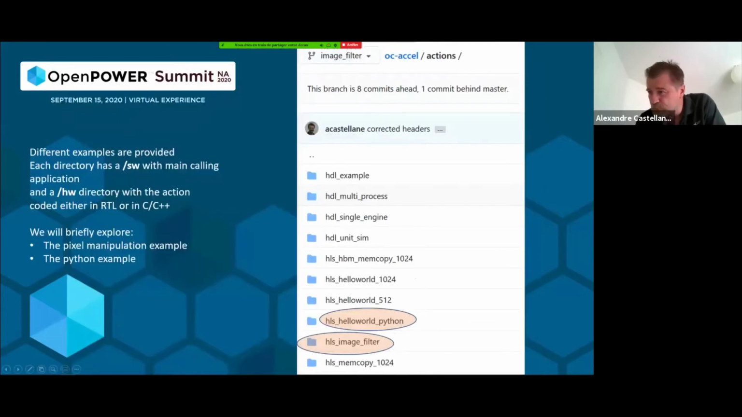What we have basically inside the structure of the SNAP or the OC-Accel today is a bunch of examples that you should rely on to develop your own examples. We will go briefly on the image filter and say a word about the example in Python. So in each action directory, you see we are in the OC-Accel actions directory, you will find a software